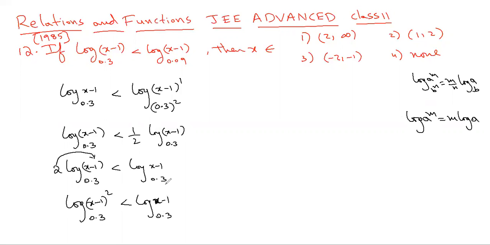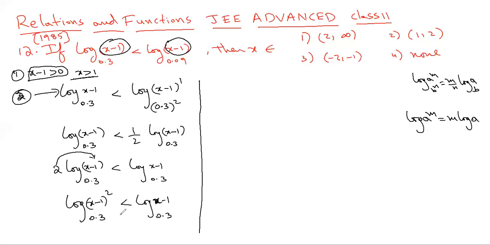But in the beginning itself, we have a condition that the input for log is greater than 0, that's the domain condition. That condition, even though it is not given, you should write along with that. Condition number 1, x minus 1 should be greater than 0. Because condition number 2 is also the same, we won't write. Condition number 3 only becomes this. So along with the given condition, you should take this condition also. So x greater than 1 is also there in the beginning itself. Whatever answer you get, that intersection with x greater than 1 will be the final answer.